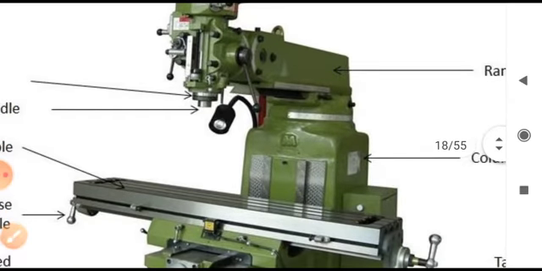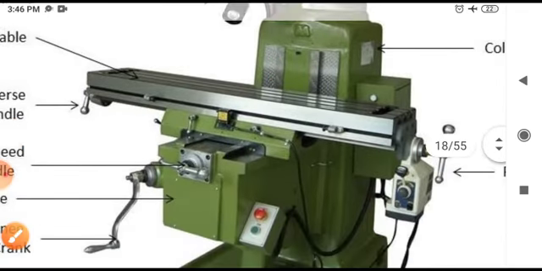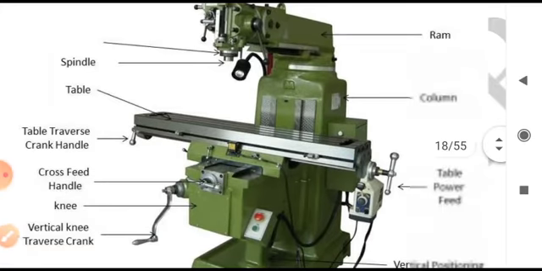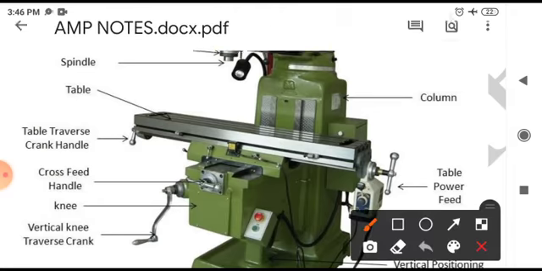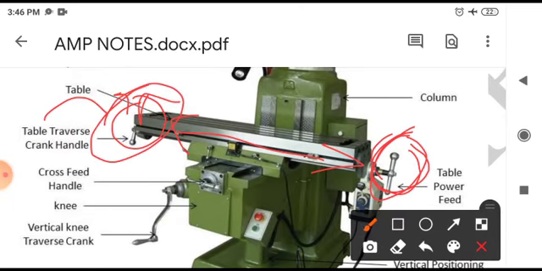Then you can see the guideways. In the column and knee type milling machine we have seen this guideway. On these guideways, the table moves up and down. Let's see some more things. Column of that, table reversal handle. By rotating it clockwise or anti-clockwise, the movement of the table, that is leftward or rightward, can be controlled. These arms are provided on both sides.